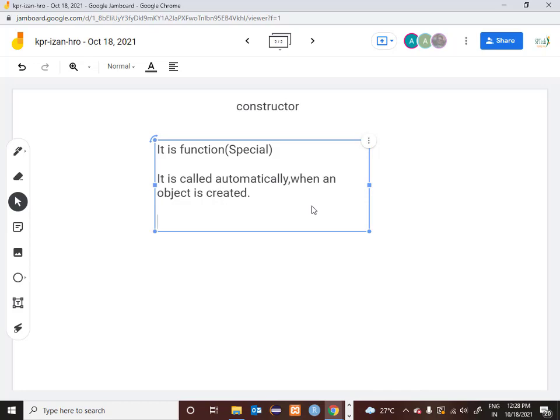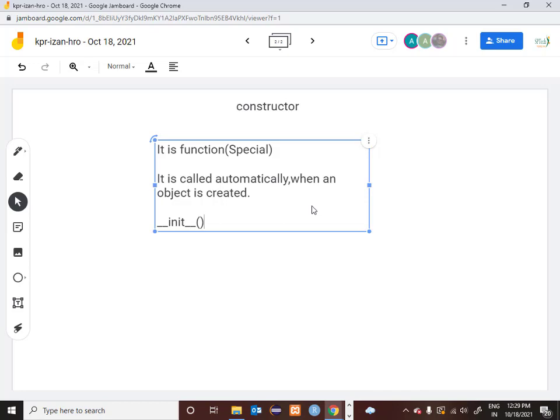So how does a constructor look like? The method looks like this: double underscore init double underscore, open bracket, close bracket. This is how you basically write a constructor. So whenever you encounter a method like this inside a class, always remember that this method is called a constructor method. So what is the ideology of a constructor method? It is basically going to construct the value to the object within the class, and it will automatically be called when that object is created.